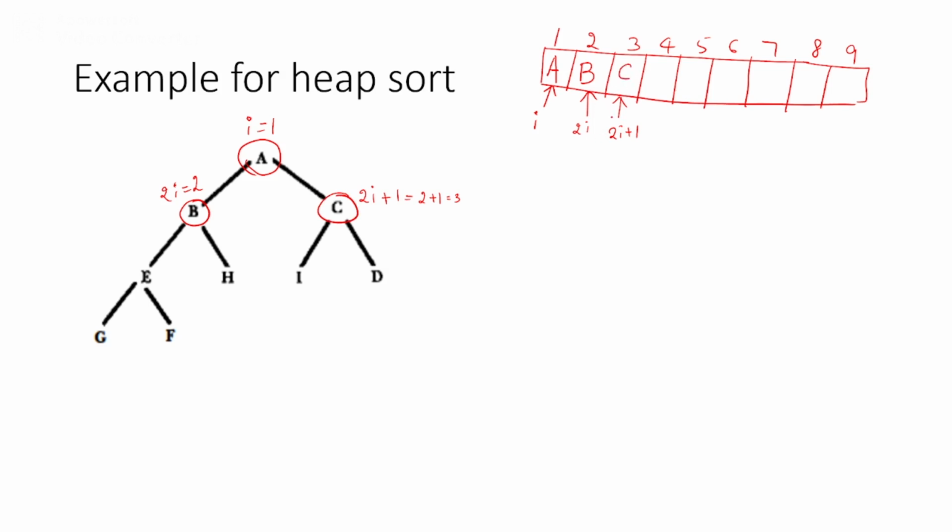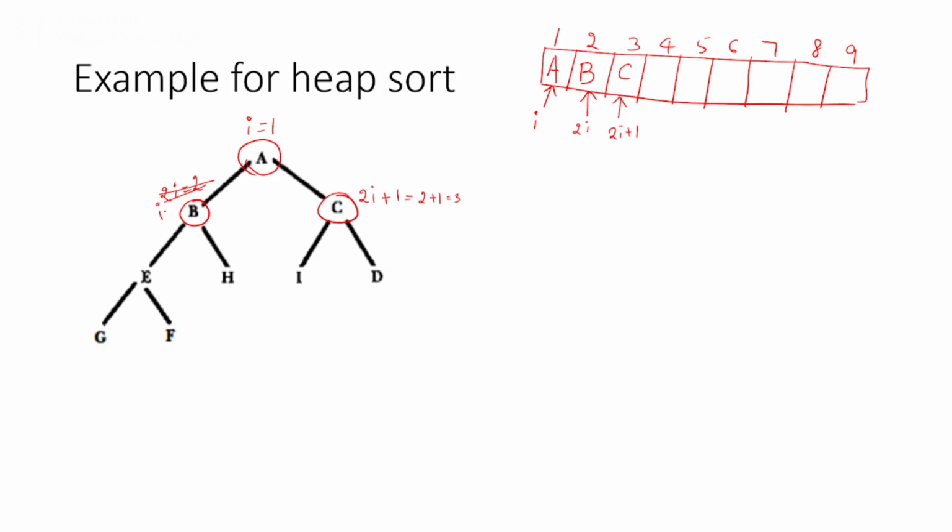So this is what we are going to do. Now after this I am going to increment the I value by 1. That means I am going to take this as I now. So this is done now. So we have allocated spaces for A, B, C. Now I am going to increment I by 1. So this will be your I.